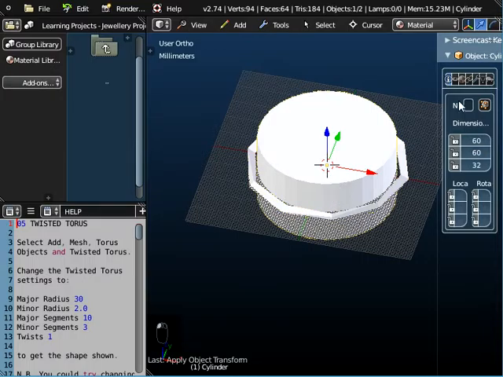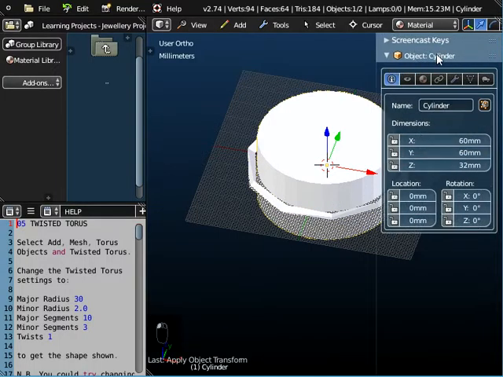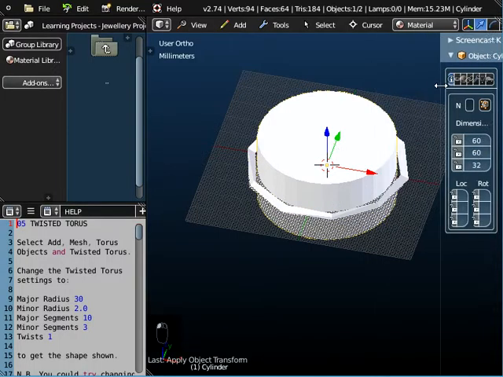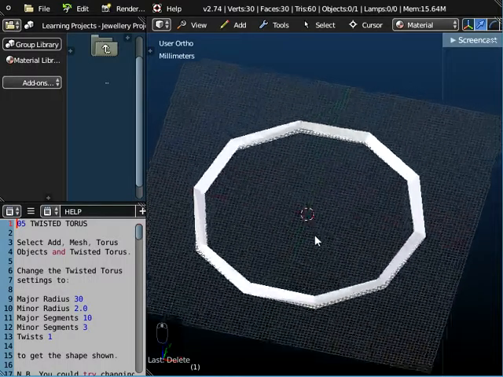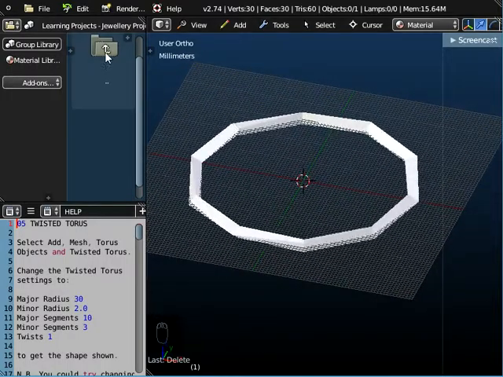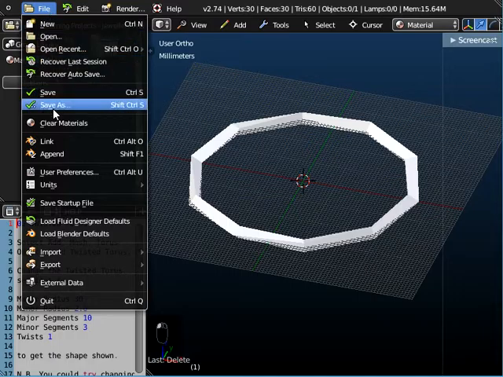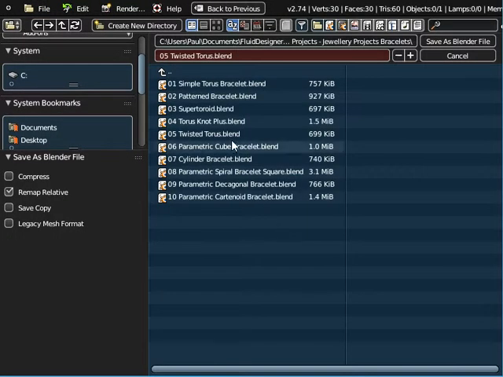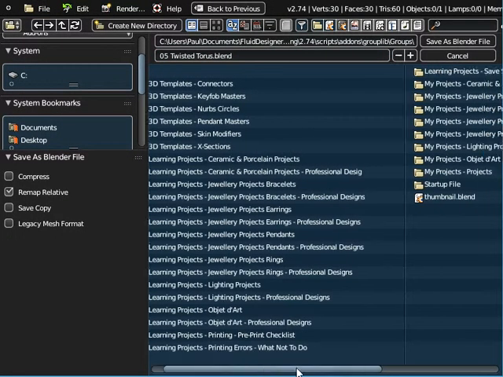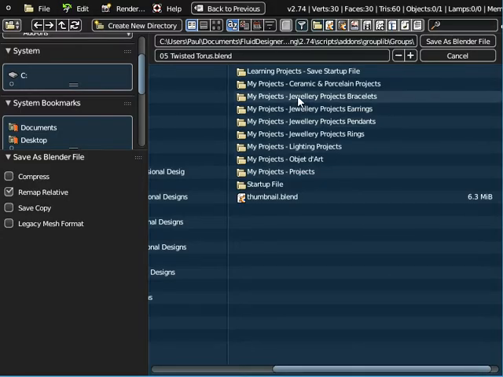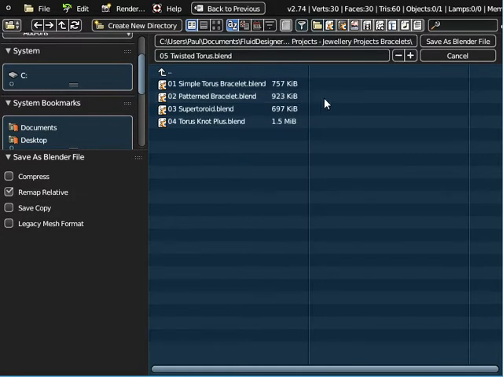So if we now highlight the cylinder, make sure it is the cylinder that's highlighted, and press the X key on the keyboard to delete it. There's our Twisted Torus now. What we need to do is save it, and we do that by going to File and always go to Save As. Go up through the menu system, go to My Projects, Jewellery Projects, Bracelets, and save lesson 05